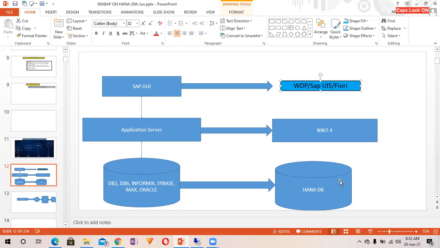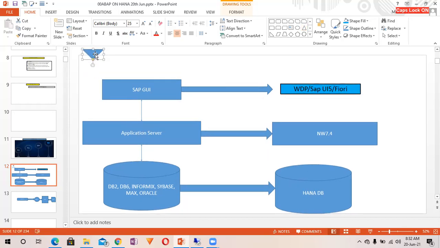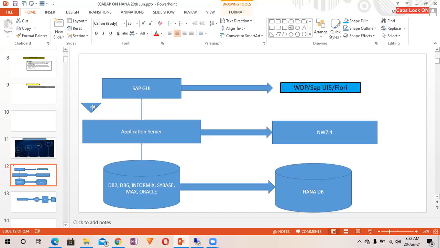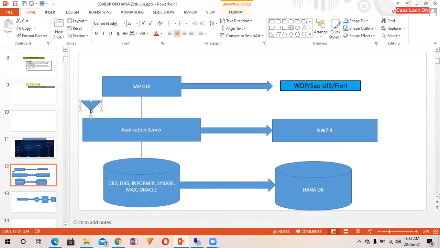So the idea behind explaining all these things is that the earlier approach we were using was this. This was the approach, actually.